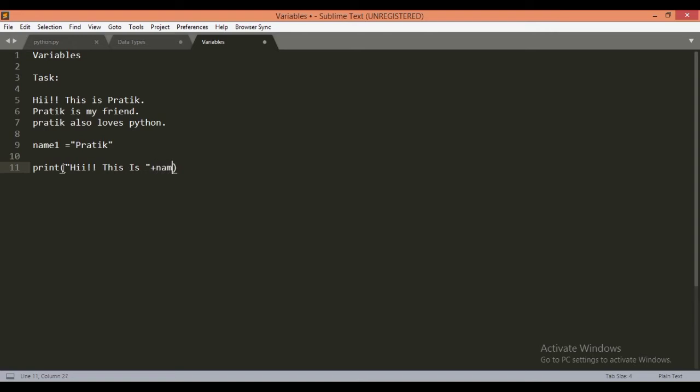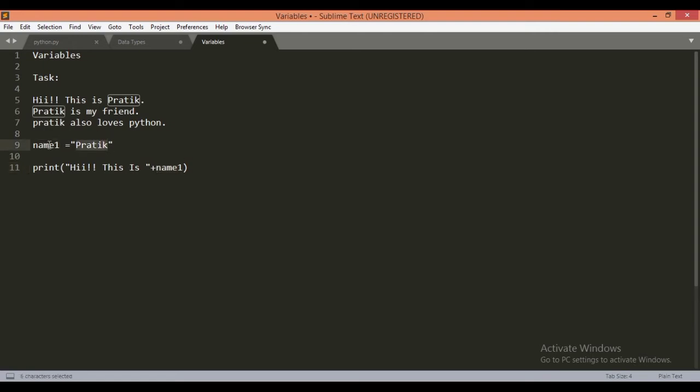and name1. So we use the function of concatenation. As we saw in the last lecture, two strings can be concatenated. Similarly, we can reference that this name is nothing but this. So name1 is a pointer to the value Pratik.